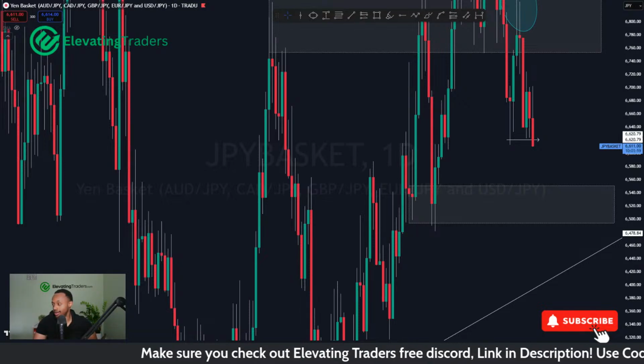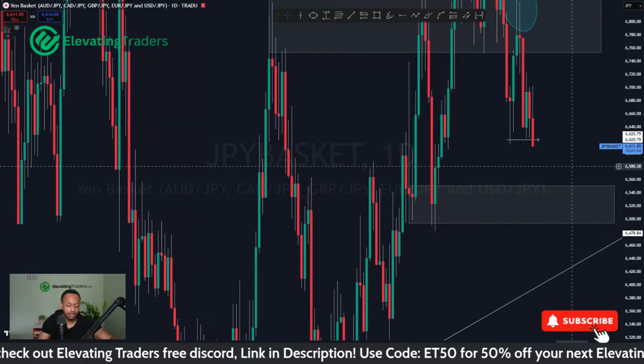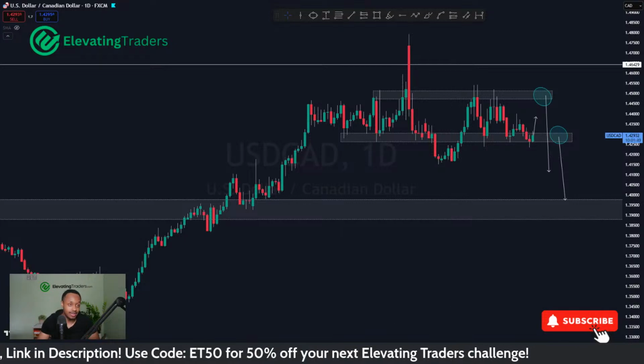You are interested in dollar CAD buys, though. Yeah, it's that support. It's also holding pretty well. So I do think dollar CAD buys make a lot of sense. I'm also at least short-term bullish on the USD as well.